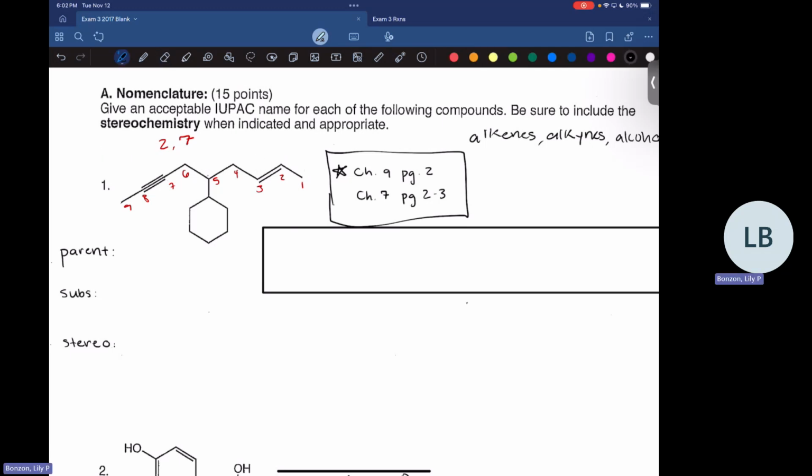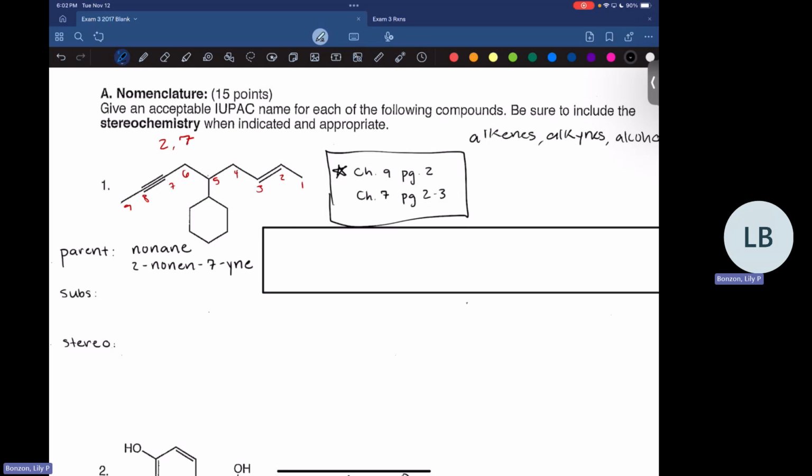So our parent chain is going to be 9 carbons, so it's going to be a nonane. And then because we have a double and a triple bond, we're going to put those in the name, and we're going to indicate the carbons they start at. So we're going to go 2-non-ene, and then our triple bond started at 7, so that's going to be 7-yne. And so that's going to be our parent